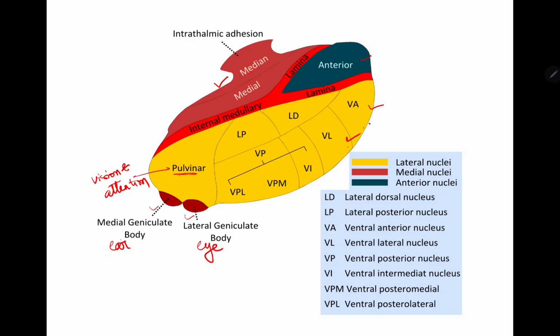Now other things here are the internal medullary lamina. This is the internal medullary lamina. The Y-shaped white line, this one, the red one, but I'm just saying it that way, divides the groups. Then this is like a bridge which connects the medial and the left and right thalamus, basically all of these three, but the left and right thalamus you can see.